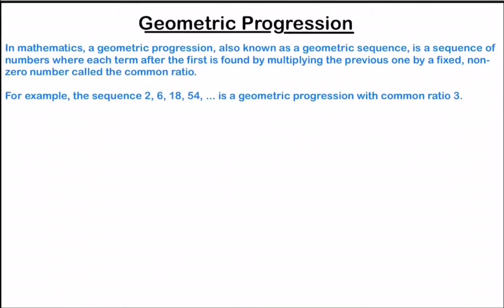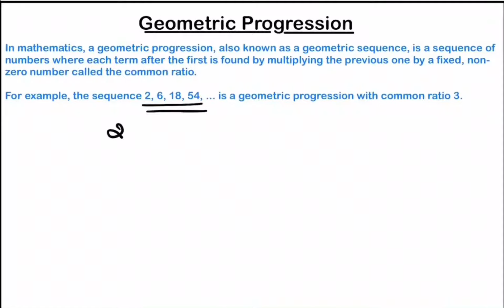But before we proceed with the visual proof, let's try to understand what kind of series 1/2, 1/4, 1/8, 1/16 and so on is. Such series are known as geometric progressions. Geometric progressions are sequences or series where each term after the first one is found by multiplying the previous term by a fixed non-zero number.